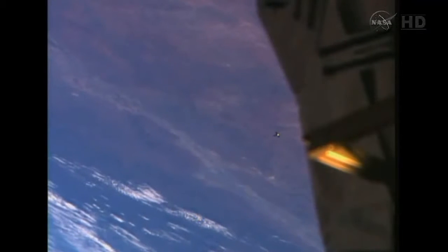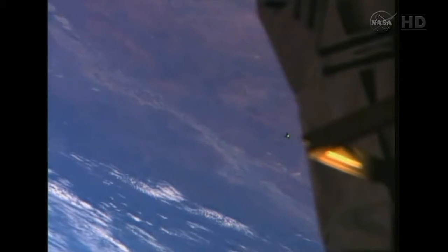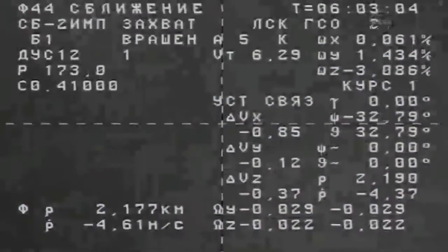has performed 4 major burns that have put it on its way to the International Space Station. And as you can see here, it is just in view from these cameras on board the...